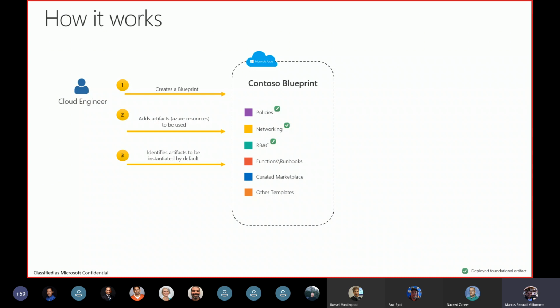After you create that blueprint, you can apply it to a management group or to a subscription directly. But if you apply it to a management group, every single subscription below that management group will get that blueprint applied. So, just as an example, you can create a blueprint that says, hey, I have a policy that